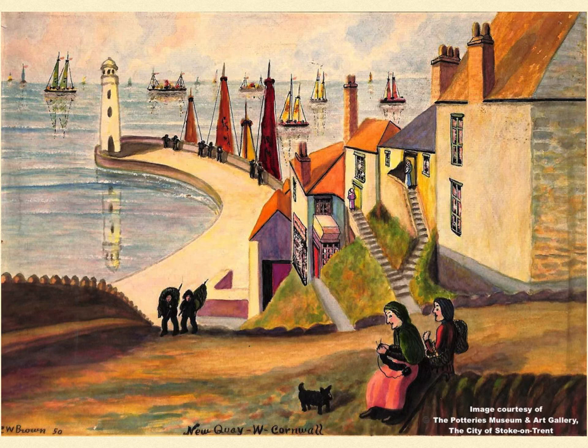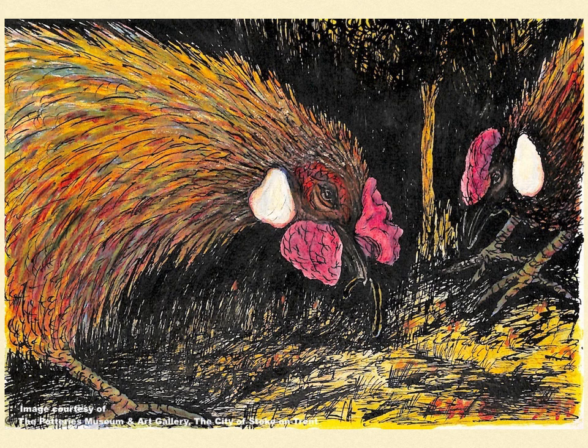Newquay, West Cornwall from 1950. A holiday destination for C.W. Brown and family. Fishermen trudging up the quay side with nets. Women knitting, sitting on the walls. I love the steps. This painting is just called Hens and it dates from 1940, but maybe it should more